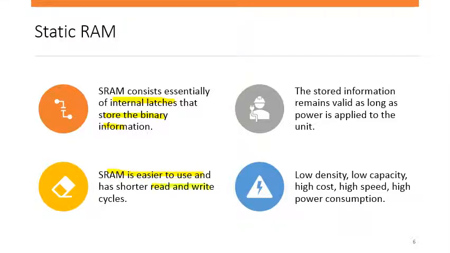The read cycle is the cycle which is required to read any particular location in a memory with respect to the processor, and the write cycle is the cycle that is responsible for transferring the data between the processor and the memory. So it has shorter read and write cycles, since these memory elements are faster as far as the implementations are concerned. These are implemented at the transistor level, so they are much faster as compared to the other architectures, and their access times are shorter. We can say that these memories are faster as compared to the dynamic RAM, and we are going to compare those RAMs when we discuss the dynamic RAM.